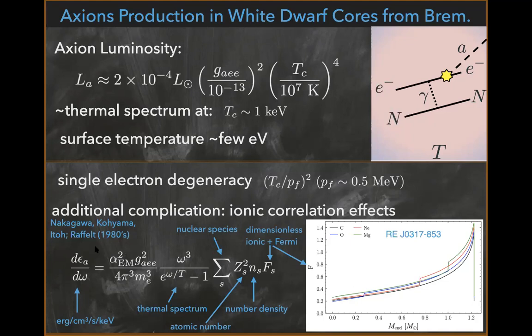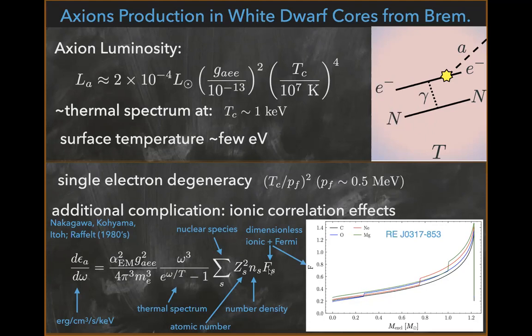So when you account for all of this, the differential emissivity, which is the quantity we care about, which is the energy in axions emitted per cubic centimeter per second per keV. This has an alpha E and M squared from the fact that this is an electromagnetic process, axion-electron coupling squared, a thermal factor because it's just a thermal spectrum of axions we're emitting. Then we sum over all ionic species. We have the atomic number we're scattering off of, squared, since it's an electromagnetic scattering process, the number density of ions that we're scattering off of. And then there's this dimensionless factor F, which we've defined here, which accounts for all of these